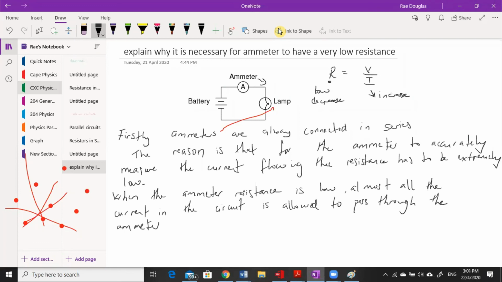Now, listen, the reason is that for an ammeter to accurately measure the current flowing, the resistance has to be extremely low. So when the ammeter resistance is low, almost all the